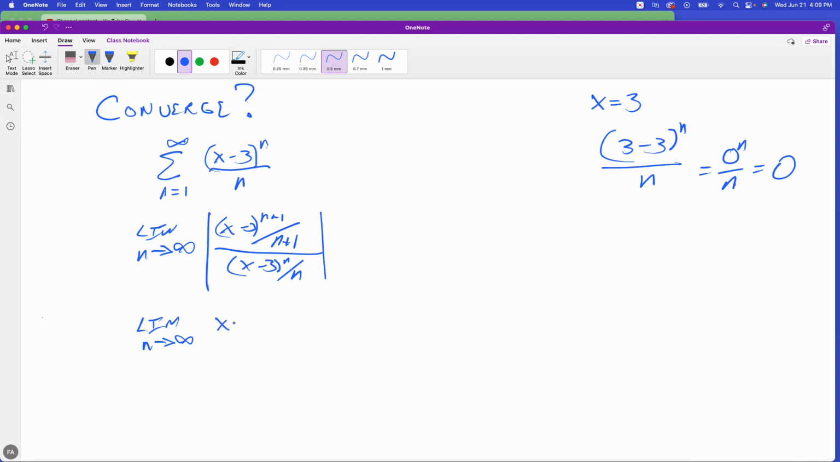We're going to have (x minus 3) to the n times (x minus 3). I'm just splitting up that power there. All that's over n plus 1. And then I'm going to have that times the reciprocal of the denominator, so that's over n over (x minus 3) raised to the n power. And those two pieces are going to, of course, cancel, still inside the absolute value bars. So now we've got the limit as n goes to infinity